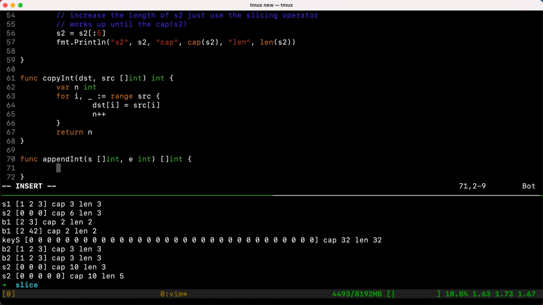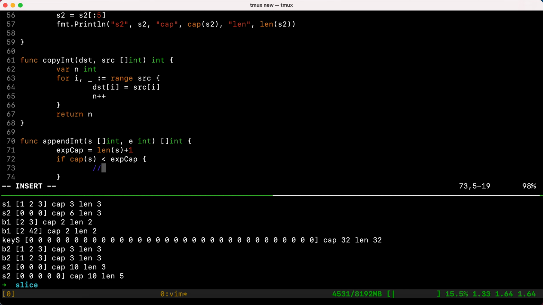The thing that we need to check is the expected capacity. Expected capacity is the length of the slice plus 1, which is the element, obviously. So just one element. If you had more than one element, it would be length of the slice plus length of v. But for the sake of testing, we just say that we have 1 for now. So it's fairly easy for us to check. So if the capacity of S is less than expected capacity, it means that we need to resize to grow the slice,